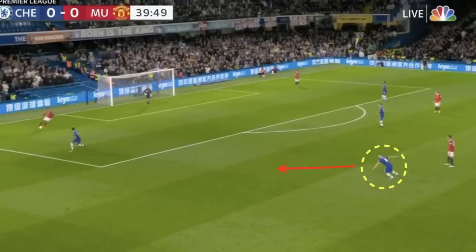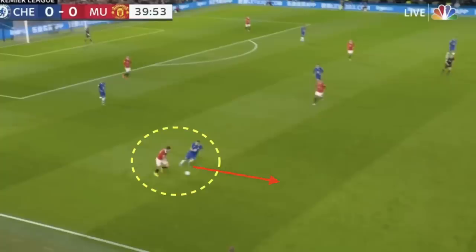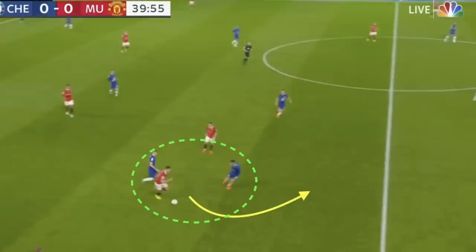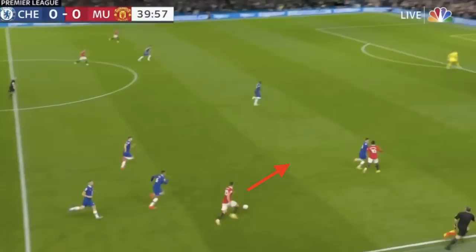And so we saw both Shaw and Diogo Dalot excel when the ball was switched, and they were able to efficiently drive into space, progressing the ball up the pitch. Despite United having joy progressing the ball down the flanks against Chelsea's extremely narrow diamond shape, United were no longer able to create as much in the final third, as they were when their attacks were being progressed through the